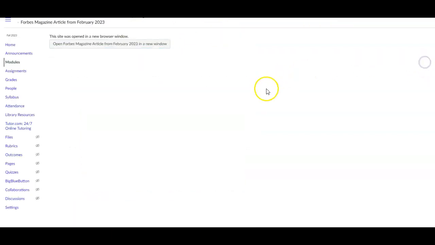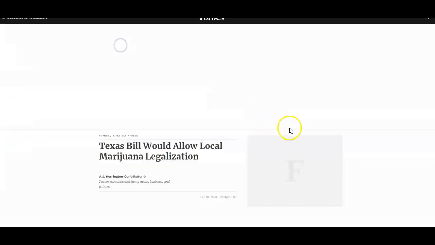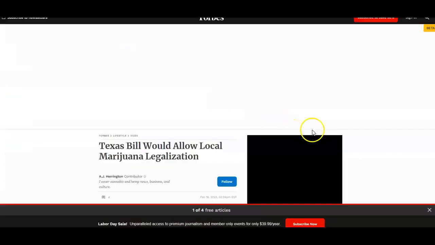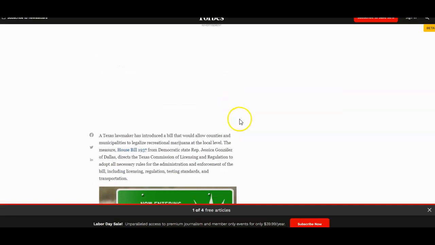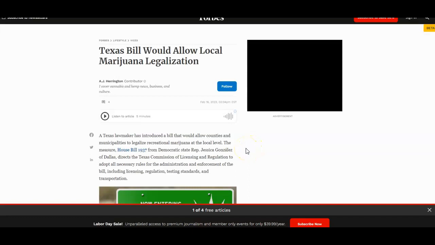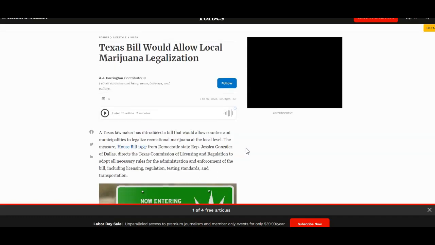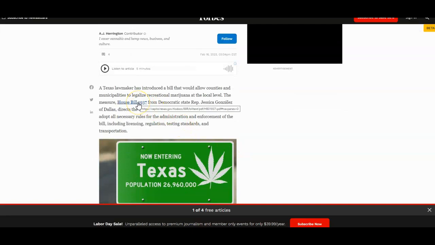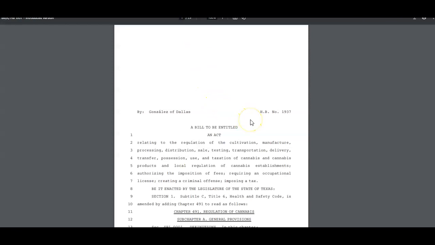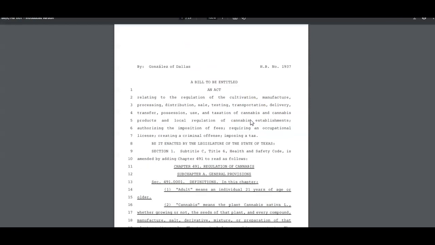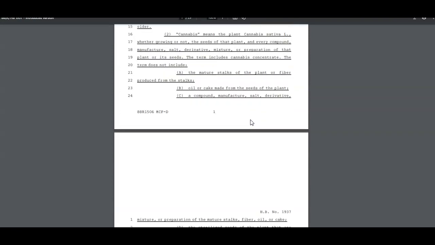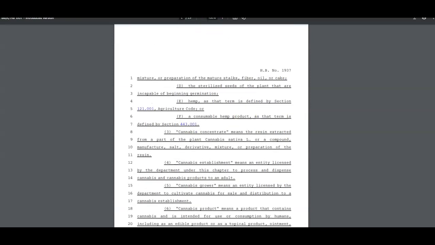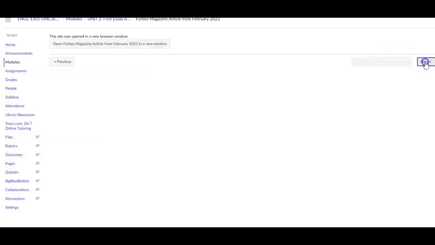And then the next one is from Forbes magazine from earlier this year, February, about a bill that was introduced that would allow legal recreational marijuana on a local level. And you can click on this, and there's House Bill 1937. So you can actually read the bill itself that was proposed. And then when you go back here,